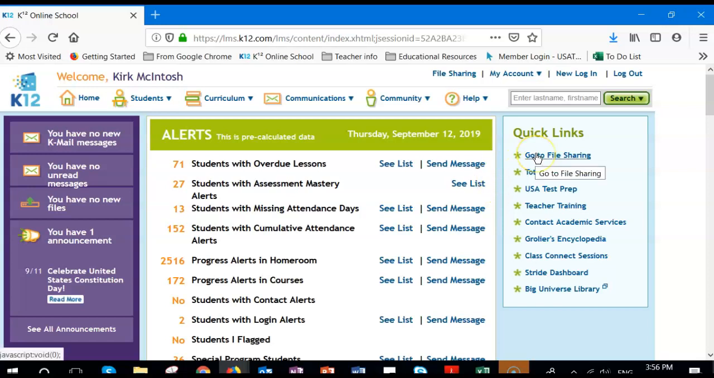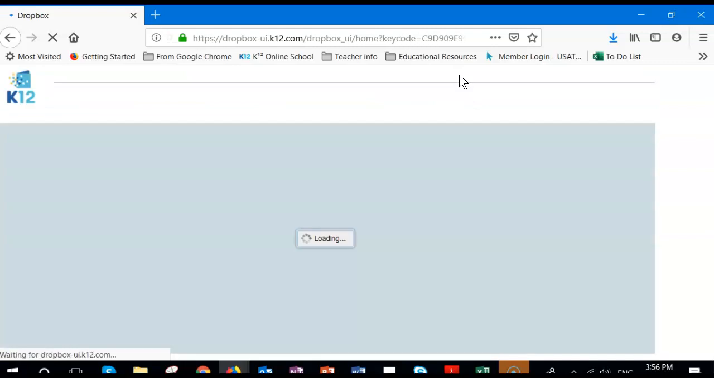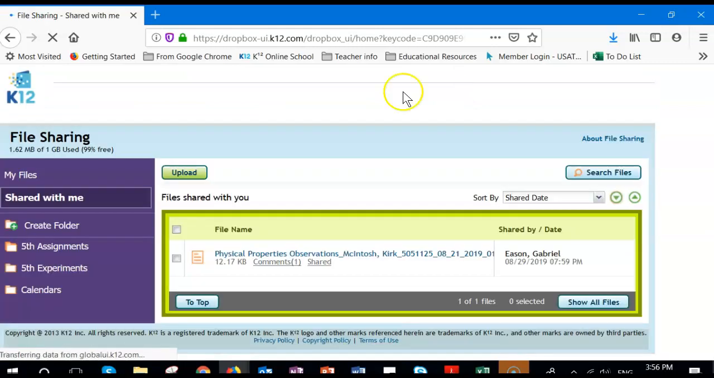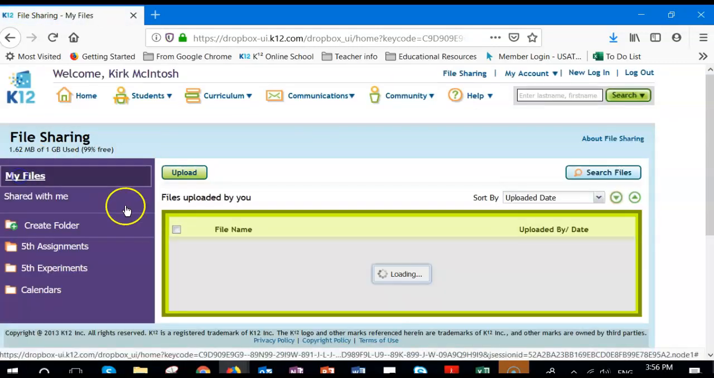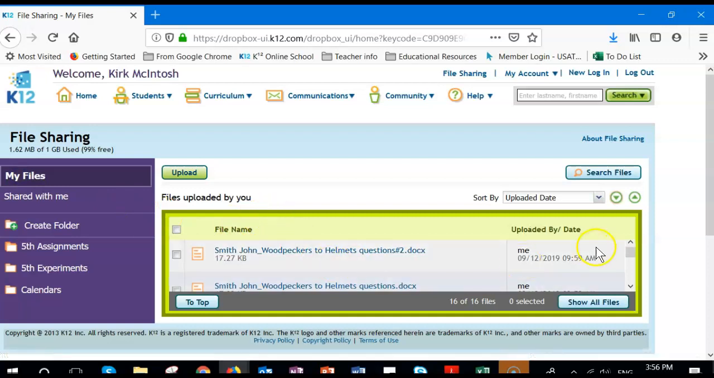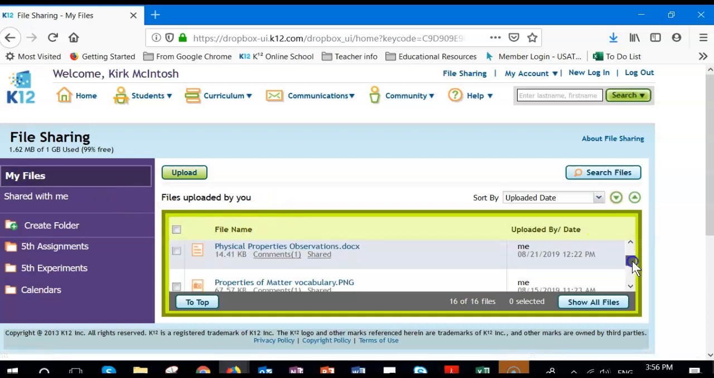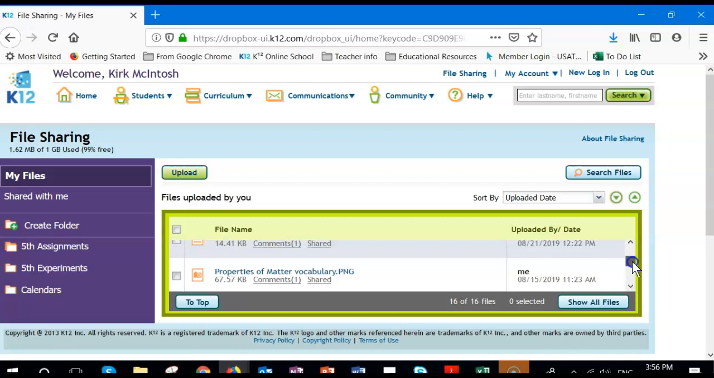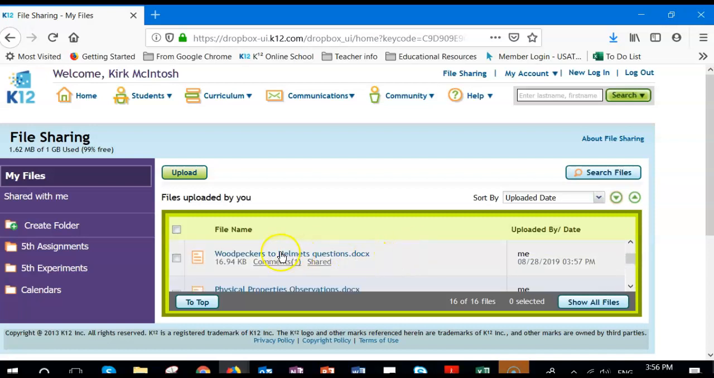So you know that there are two places that you can find file sharing. You can either come over here into your quick links or go up here into the top where it says file sharing. If I click on that, it's going to bring me to different places where you can find files that have been shared. And I'm going to come down here, find my Woodpeckers to Helmets questions, which is the